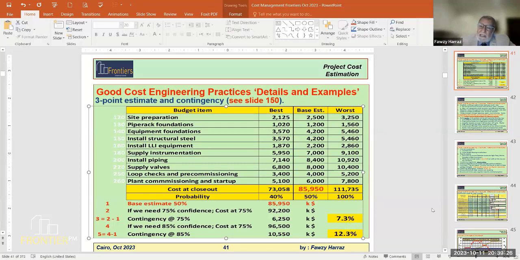So I escalate 2 times, 1 year and another second year, so I can get then the benchmark estimate based on this annual escalation. So this is how we do it. If I have a similar project,